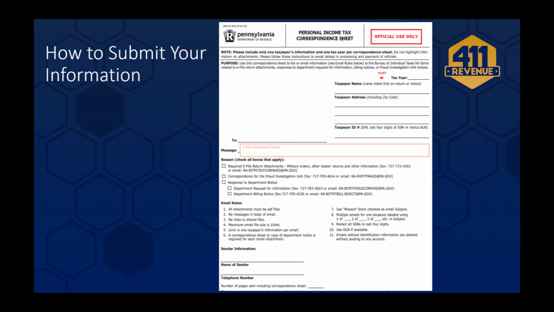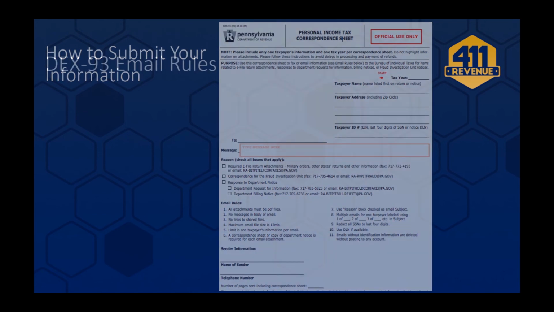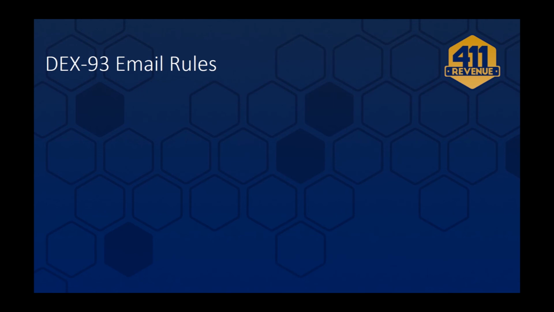If you do use email or fax to send in documentation, you should also include the DEX 93 Personal Income Tax Correspondence Sheet. This is a cover sheet that allows the department to process your correspondence more efficiently by indicating the reason that the correspondence is being sent. If you use this cover sheet, the correspondence can be uploaded to our system within 2 to 3 business days of the receipt date. There are some email rules or tips listed on the DEX 93 that you will need to follow if you send the correspondence via email, which include: